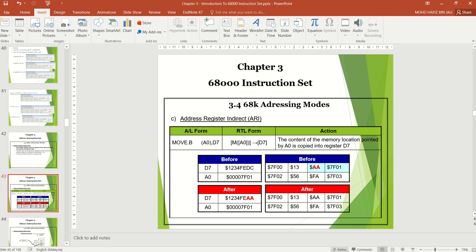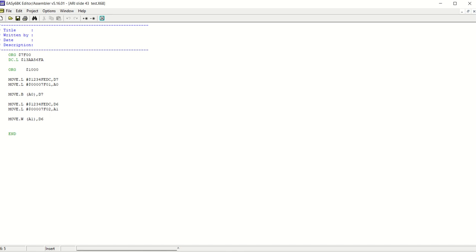Okay, let's see the simulation. Let's test on the simulation whether it's correct or wrong. This is how we set it.